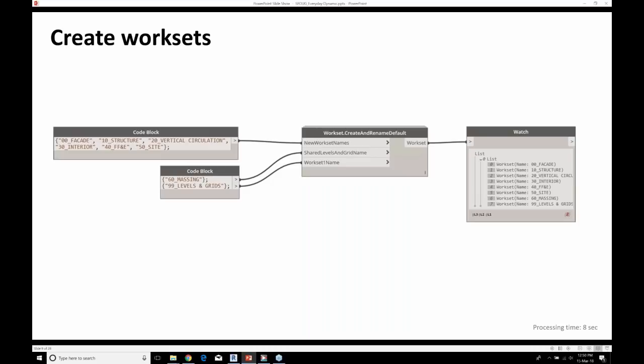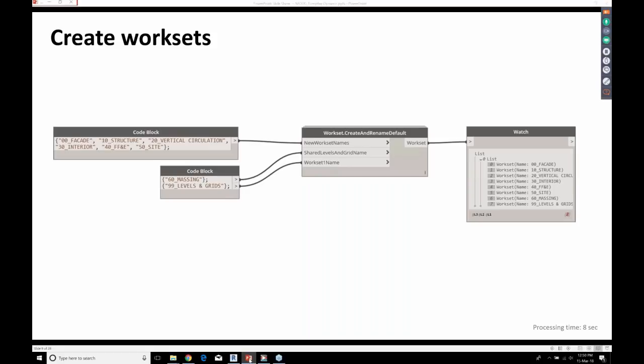So what we might want to do is turn workset 1 into levels and grids, and turn the levels and grids workset into something else that we can use and delete. So we're flipping the logic here a bit.